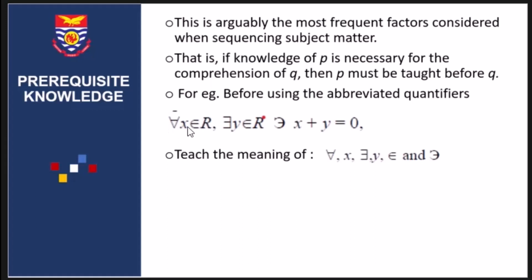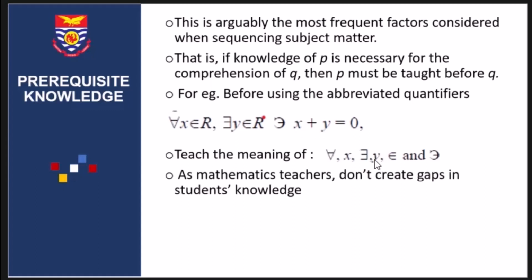So for instance, this is for all x member of real numbers, there is a y which is also a member of real numbers, such that when you add the two numbers, you get 0. This is basically teaching about the additive inverse. Any number plus its additive inverse will give you 0, which is the neutral element. So before you express that statement using quantifiers, you must first of all explain what is meant by each